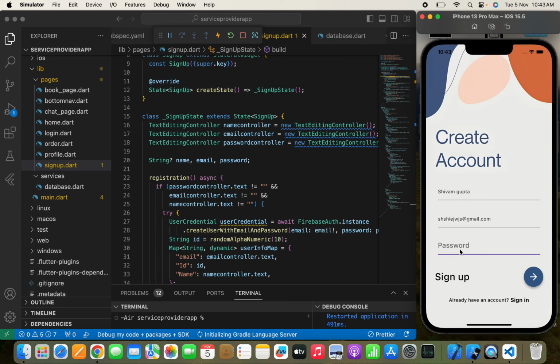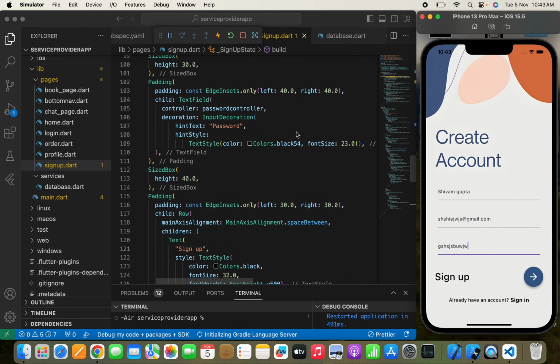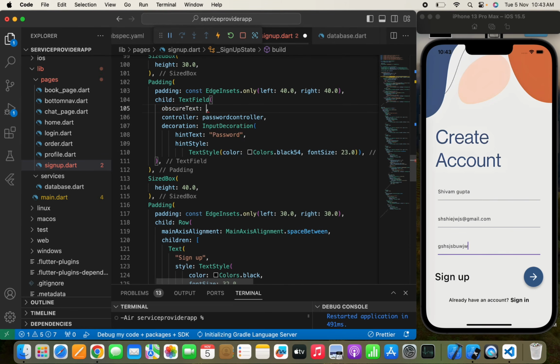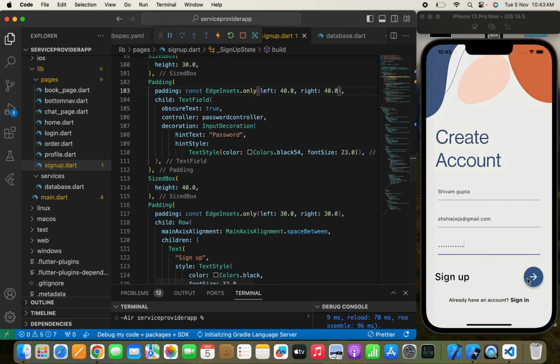And here we'll pass a password. Now you can see that the password is not coming in the dotted form. Now to make it secure, we'll pass obscure text to true. Now it will come in the dotted form. Now after this, when I tap this arrow,